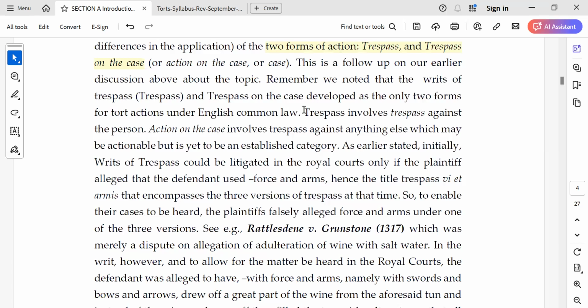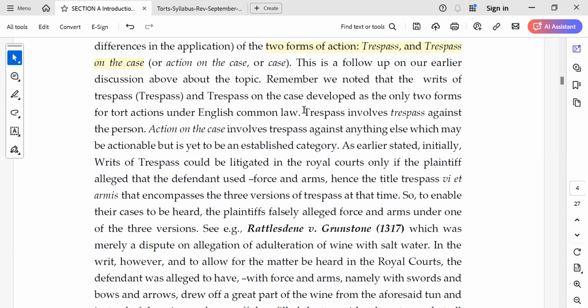As earlier stated, initially, writs of trespass could be litigated in the royal courts only if the plaintiff argued that the defendant used force and arms. Hence the title Trespass Vi et Armis, that encompasses the three versions of trespass at the same time. So, to enable the cases to be heard, the plaintiffs falsely alleged force and arms under one of three versions. For example,